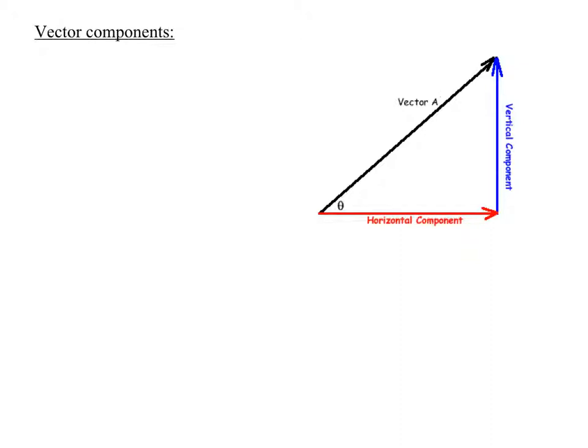So, what we'll notice is this. Every vector, so vector A is our vector we're looking at, has what's called a horizontal and a vertical component. And that makes sense. Think about it for a second. If I were to use one of these objects as an example, if I were to take this roll of thread and throw it like a softball,